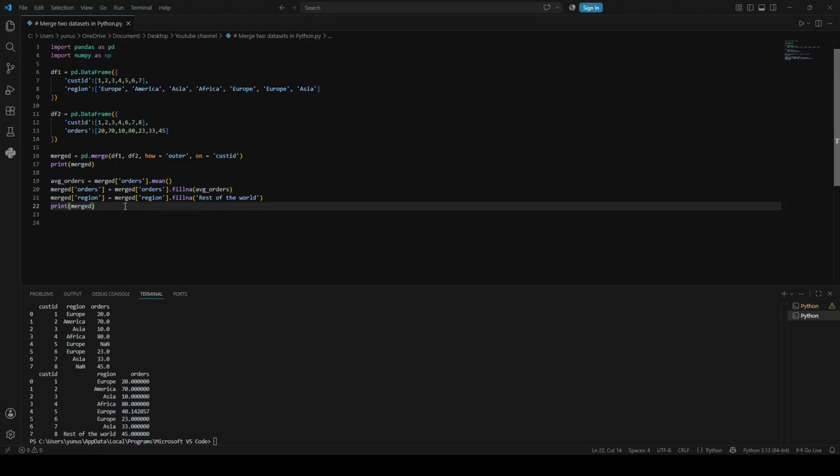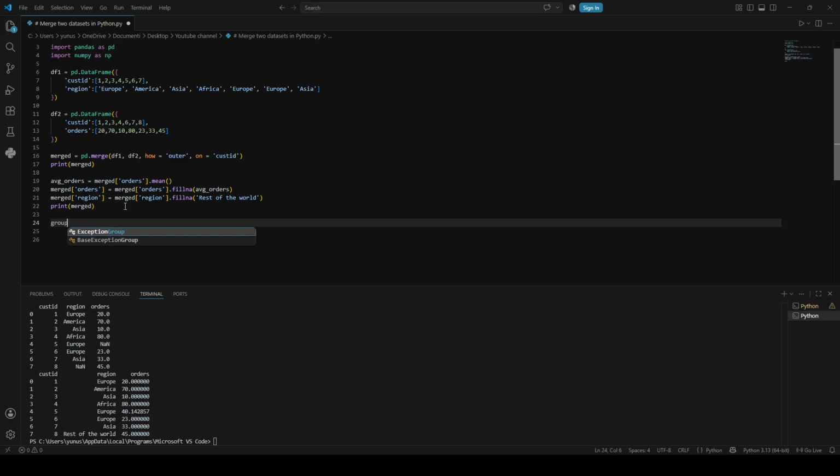We can go one step further and group the orders by region, and then sum the total orders, and sort the regions by the region that has the most orders to the region that has the least amount of orders. The first thing to do is to use the groupby function. So merged groupby,